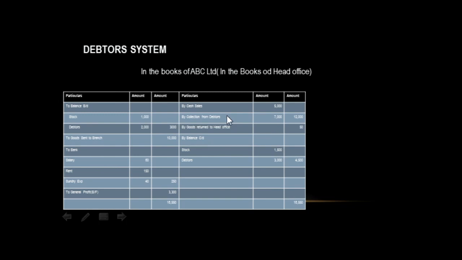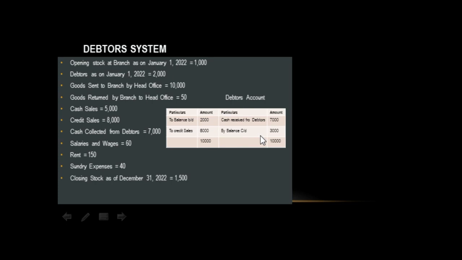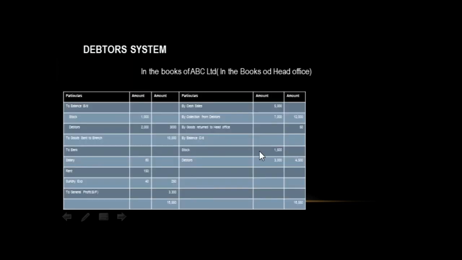Next, now this is the format of the sum. So we will write all the opening stock, opening debtor, and on the opposite side stock and debtor. The debtor closing we find from the debtor account; the balancing figure of 3000 that comes will be shown on the credit side. So opening of an asset on the debit side, closing of an asset on the credit side. Since stock and debtor are given, we will write them. Here they have not given any liability, so no need to bother, right?